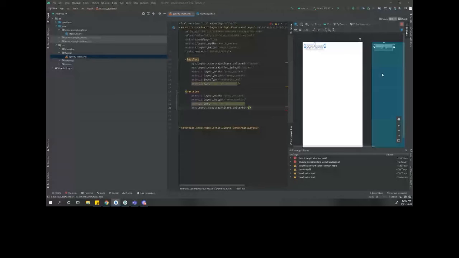Okay. So again, we want to pin this to the left edge of the screen, the parent screen. However, we want to pin this top to the bottom of this element that we just added. So the way we're going to do that is, oops. So we're going to use layout constraint. We're talking about the top of this element, and we want to pin it to the bottom of, and we're going to talk about how we do that, that we want to pin it to the bottom of this